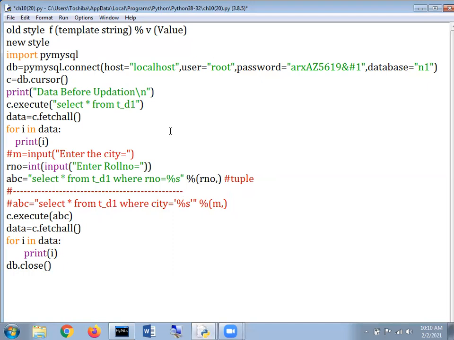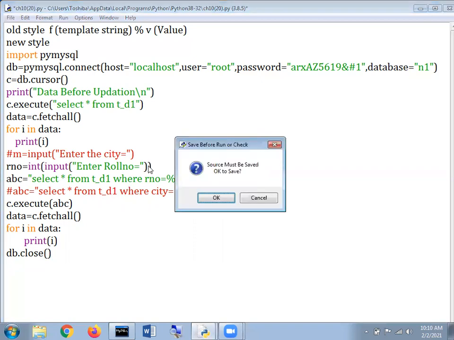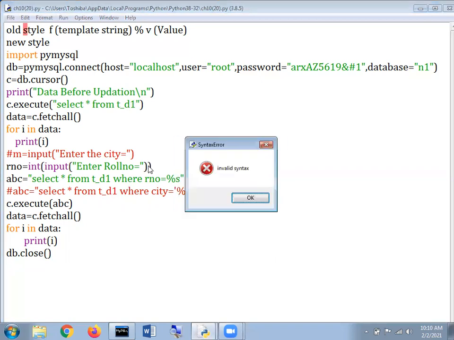Very good. And after this modulus operator, the next thing is to be considered as a value. Now the thing will be clear. My dear respected student, this time I'm just going to run that particular program, and it is supposed to display where roll number is equal to modulus s, meaning an integer or a decimal value. I'm just going to hit F5 here and press the enter key.